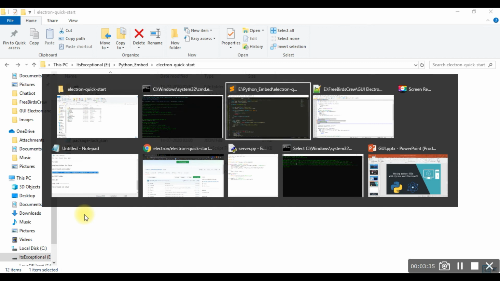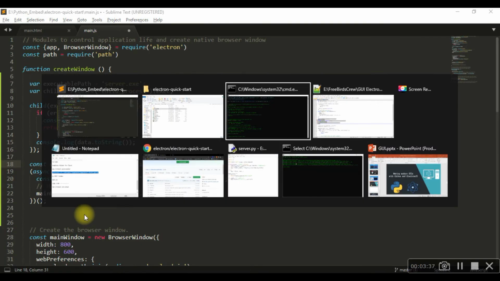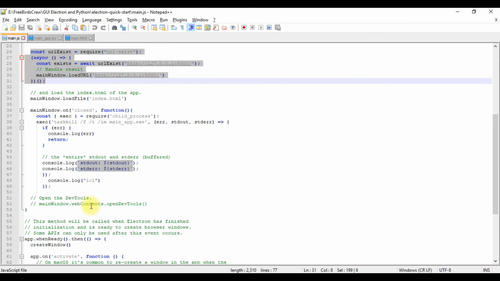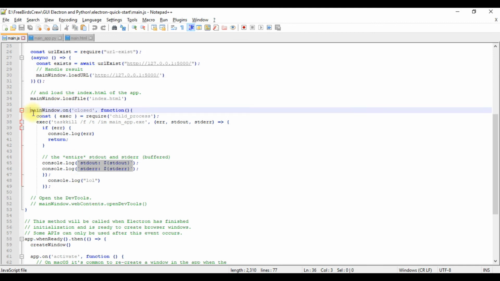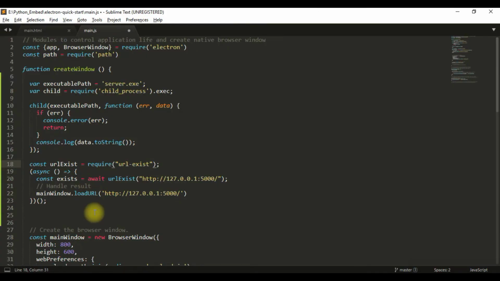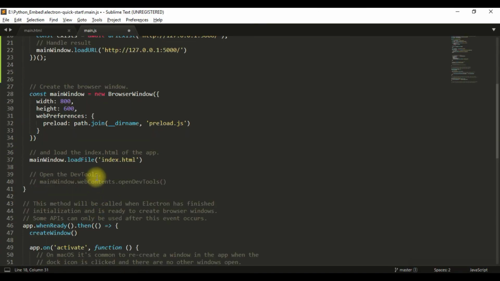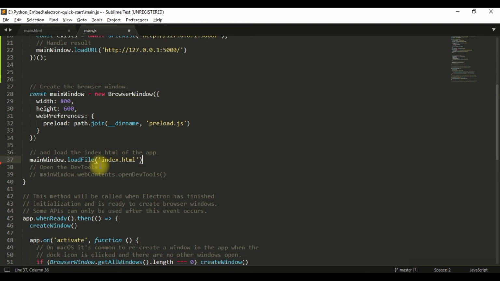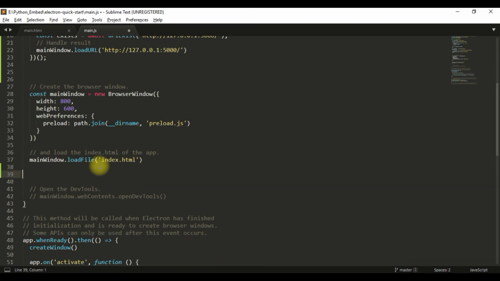And now we can add more modules to close the application. When it's time to close the application, we need to add this code here. You do not need to think too much about the code.